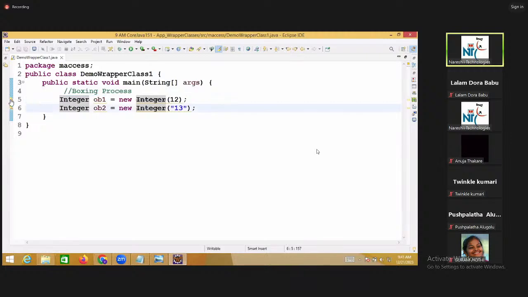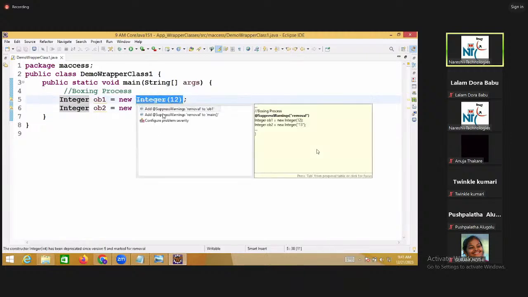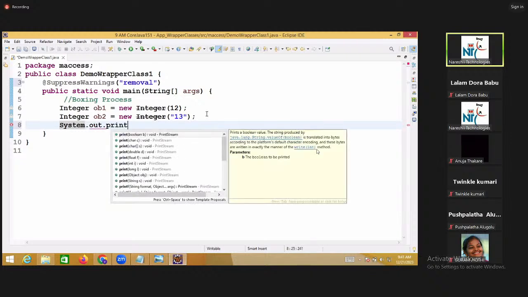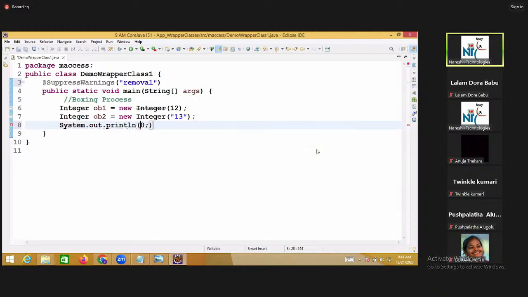You can use it, no problem. Click it, add suppress warning. I removed this. Okay. Now display this: System.out.println, data in ob1.